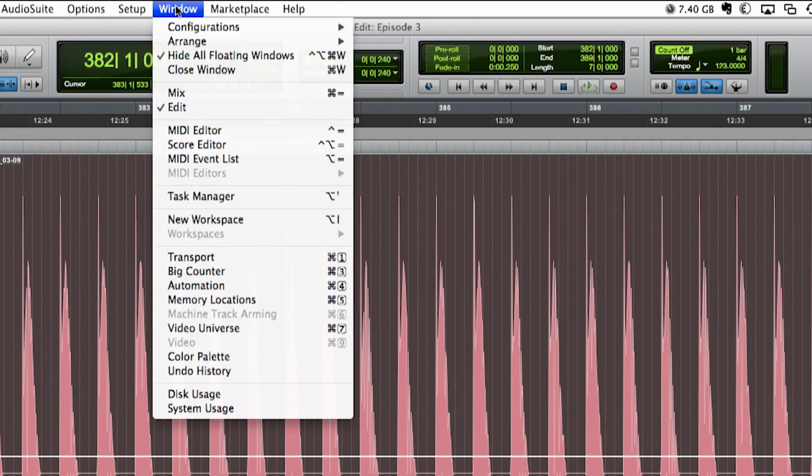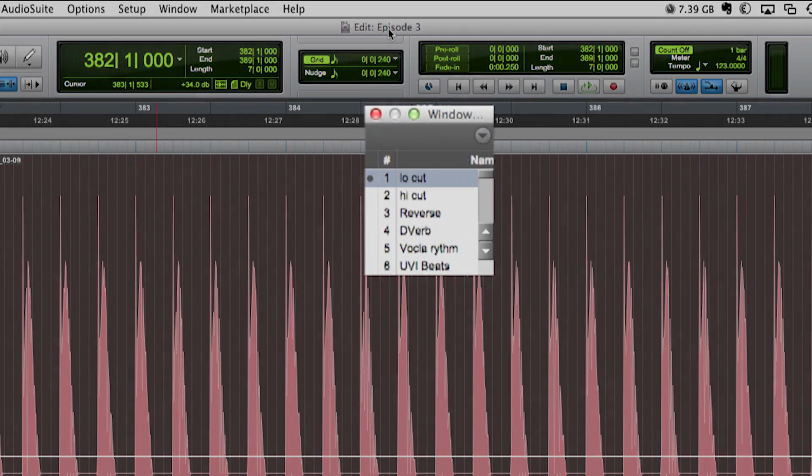For outro and intro parts, I like to cut out the bottom end of the kick drum. For that, I'm going to use Audio Suite plugins that are basically the same plugins you find in the plugin list within the Pro Tools Mixer. The difference is that they are rendered onto a selected clip, as opposed to processing in real time in the Pro Tools Mixer. I use them in combination with the window configuration feature of Pro Tools.